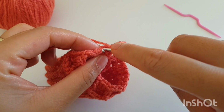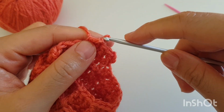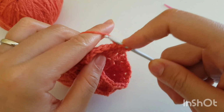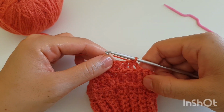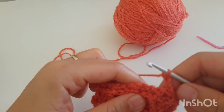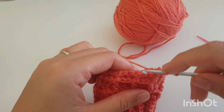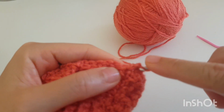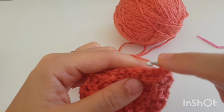So I will crochet here and then I will show you how to start another row with the increase for our thumb. So I have finished the row and I slip stitch, chain 3. Now we are going to crochet these 2 cells. So 1 post stitch and then 2 regular ones